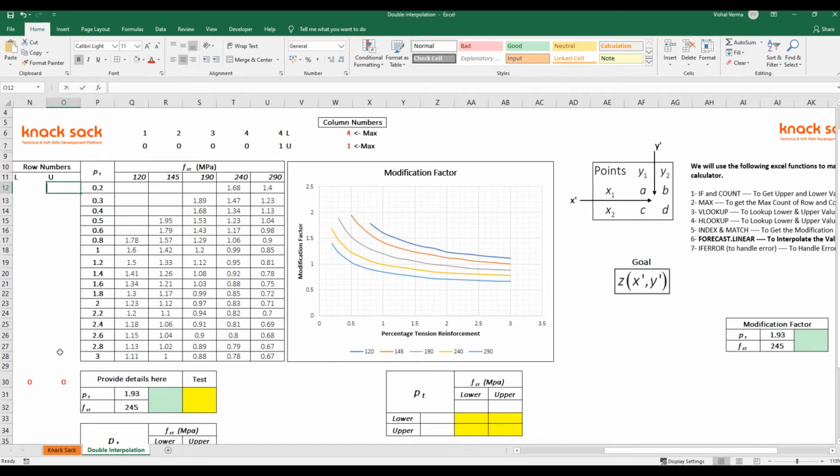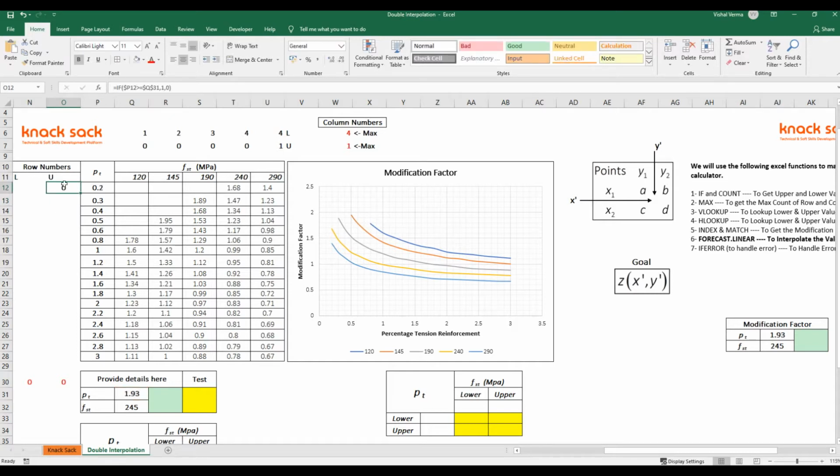We have to use IF: if the given PT value is greater than or equal to 1.93, if it is true, give me 1; if it is false, give me 0.